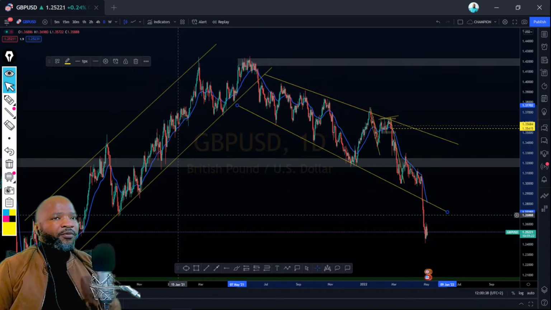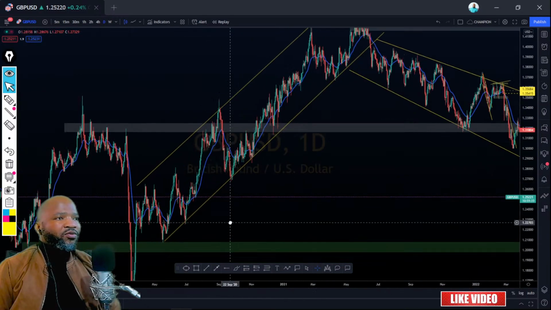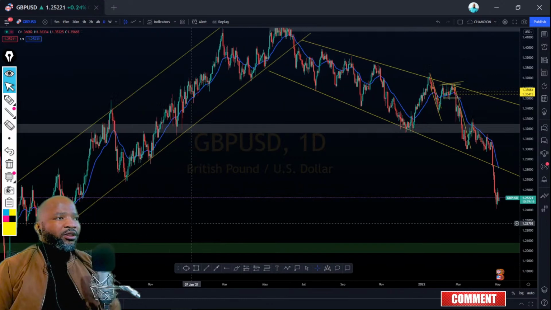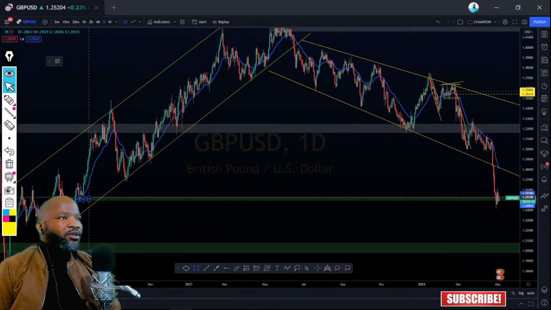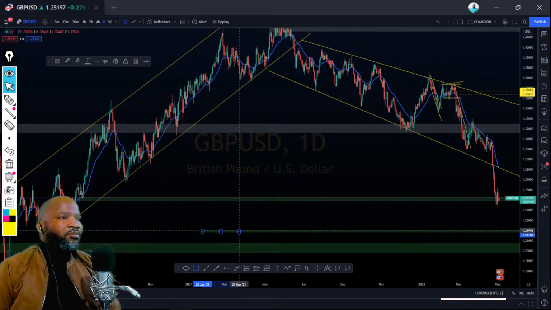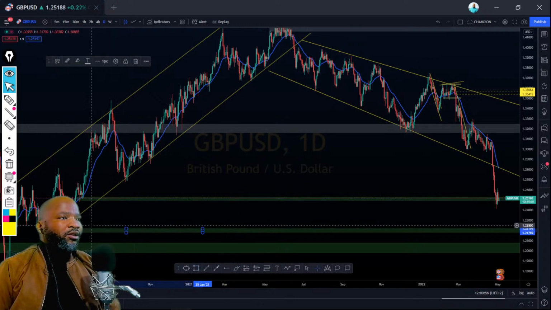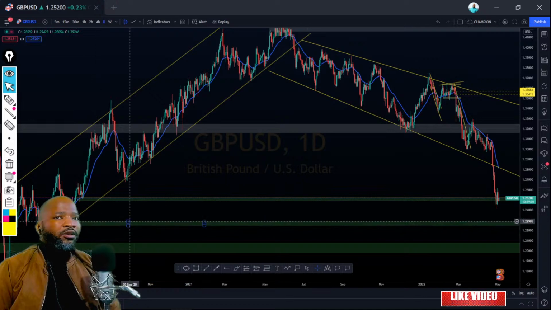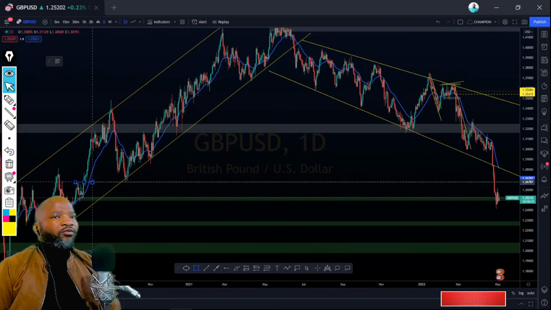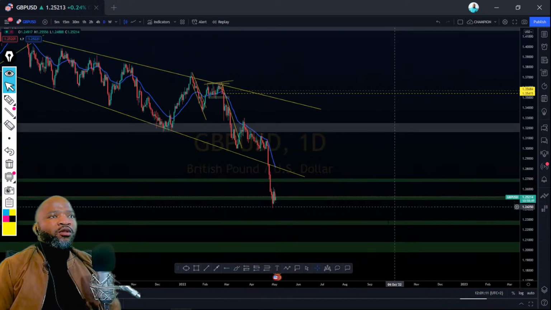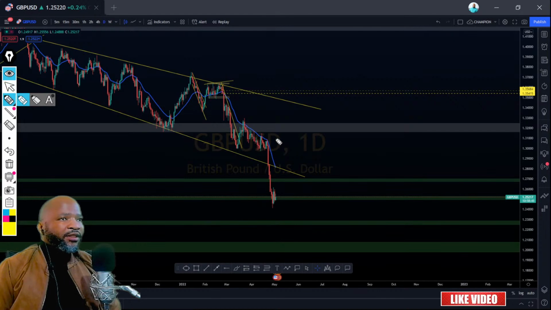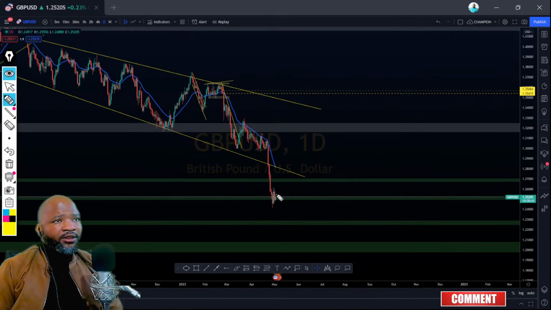Let me see if the price will respect this area for us to be certain that this level is respected. As we could see, this area seems important. Another level here. We just have to look out for the price to respect this area and push towards the upside for retesting,